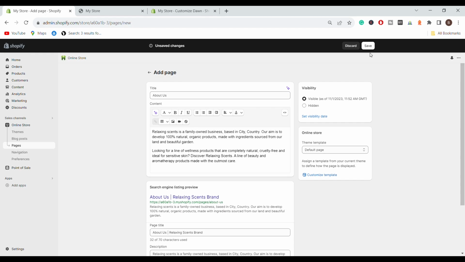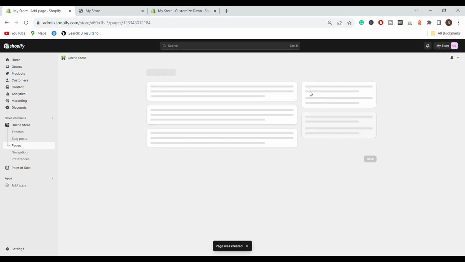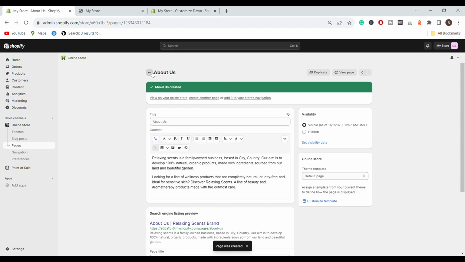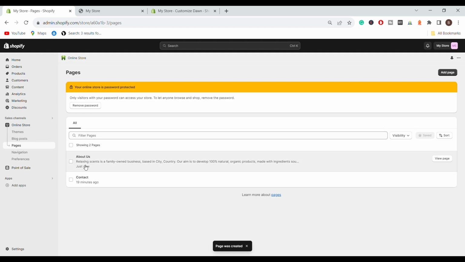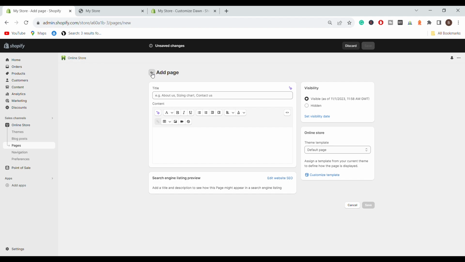Then I'm going to click on save. As you can see, it is already visible. When I go back, we already have two pages, the contact and the about us page. Now when it comes to refund policy, store policy, returns, shipping, and all other important pages, you can go and create them manually, but that is going to take you a lot of time, and also you need to